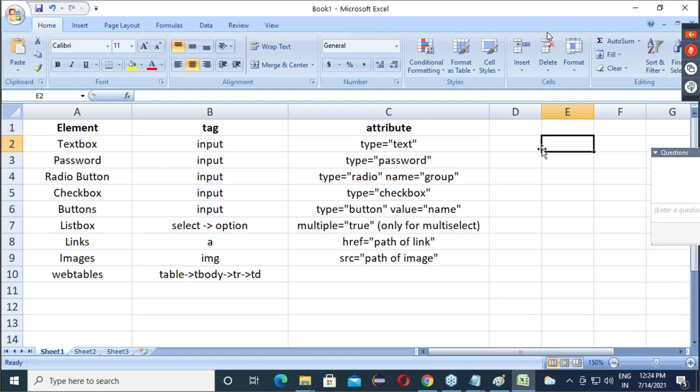Guys, any confusion up to this? Hey, you reply. Any confusion up to this? Yes, no. Confirm? Online people? Okay. So, guys, now shall we move on to our real automation?